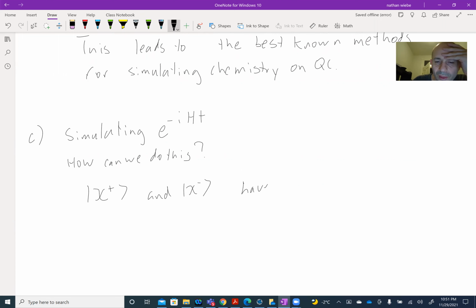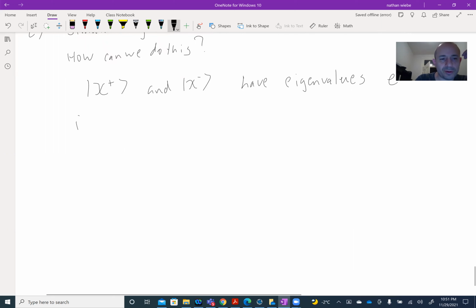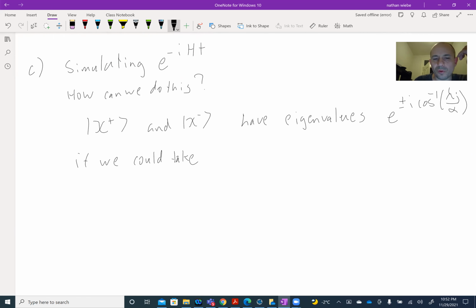They have eigenvalues e to the plus or minus i arc cosine of lambda j over alpha. And so if we could take this value, and this value we'll call theta, which is equal to the arc cosine of lambda j over alpha, and map it